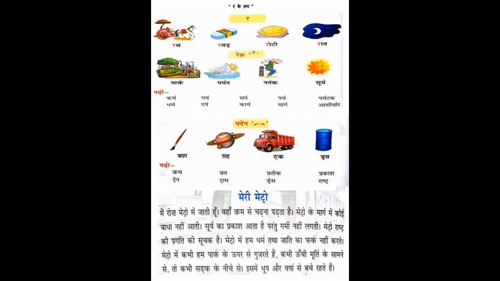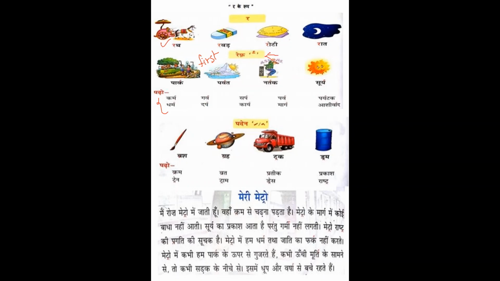Now again the different forms of ra. Children, raat, raat. See here, ra is coming in its own form. Raat, rabad, roti. First, what you have to find is the ra sound. Park, parvat, nartak, surya. In the same manner you read this: karma, garva, sarpa, parva. So this is called ref, where the ra sound comes first. This is called paden.